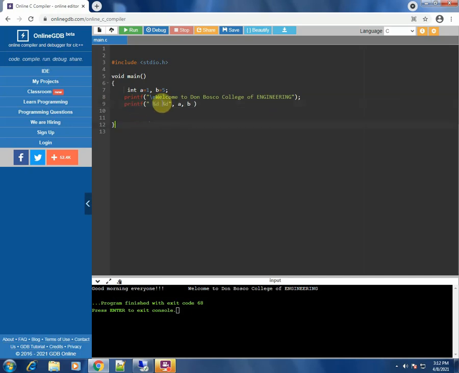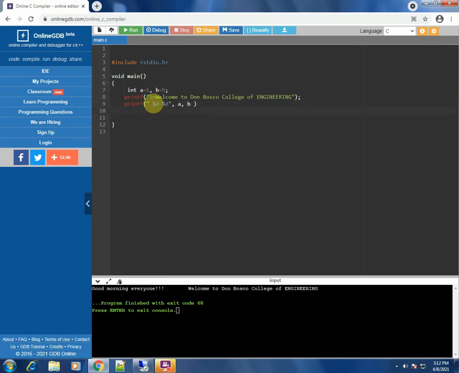Now what you can see over here is %d. %d is used whenever you have to print, output, or take input of an integer number. For a float value, there is another representation, which is %f. If the data type is character, then it will be %c. Depending on what type of variable it is, on that basis you have to make use of this.